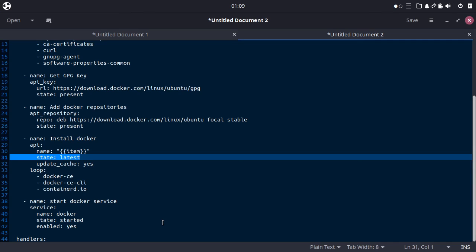Let's say you ran Ansible on 3 servers last month, and then there is an update for Docker, and you need to implement the new Docker version on all the servers.